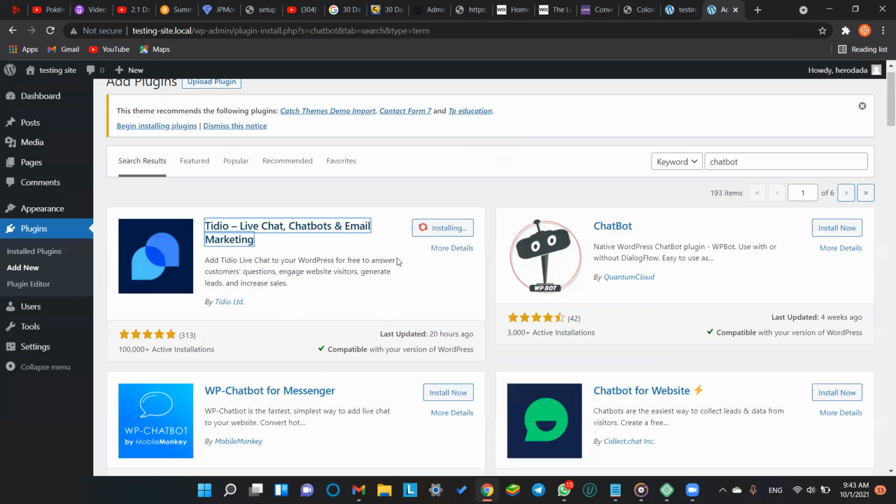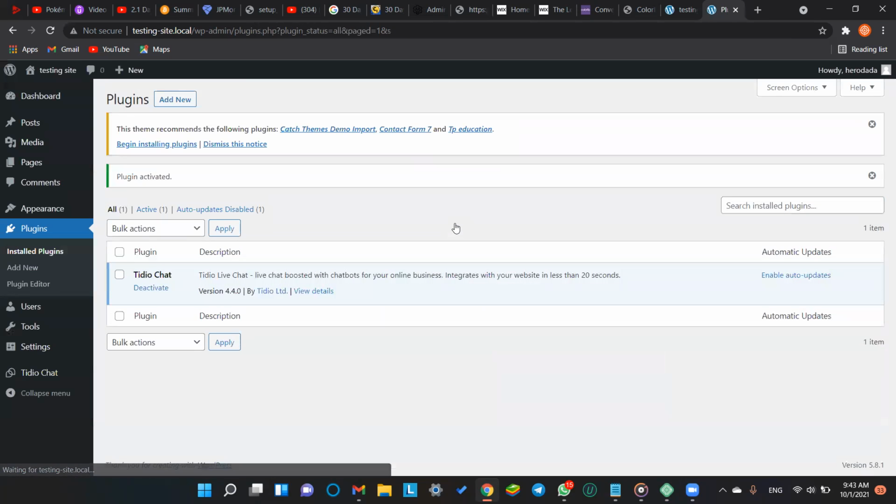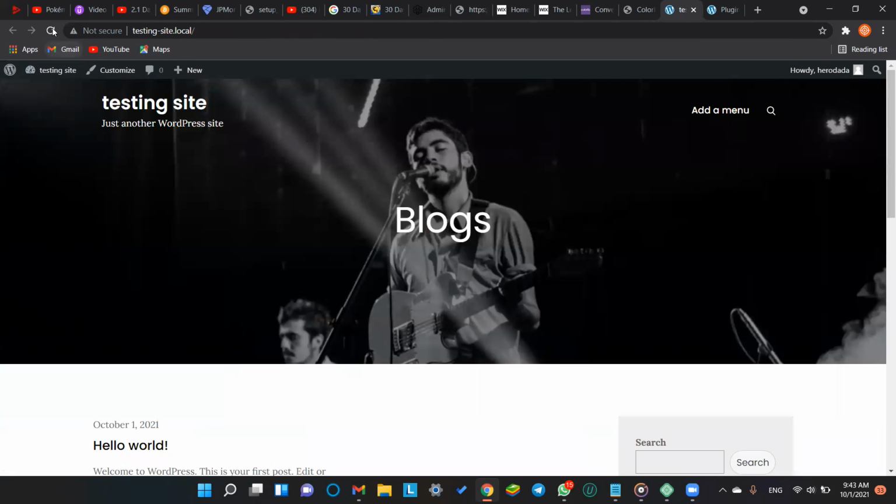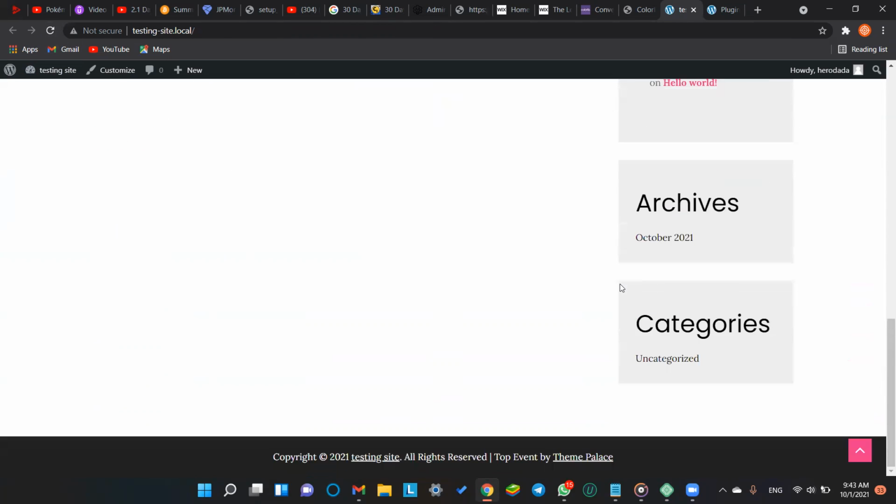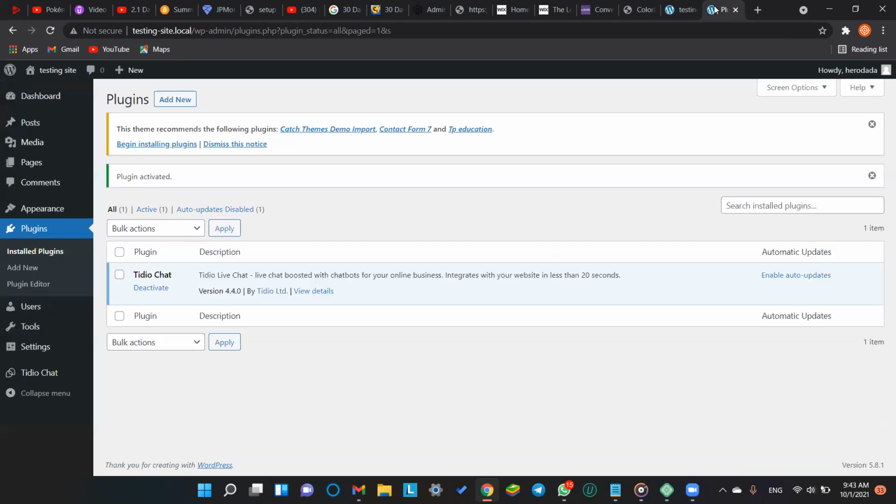Now let's just do it. There are many features of WordPress and it's all pretty simple. You don't need any coding knowledge. It's just drag and drop, and powerful websites can be made. Really heavy traffic can be handled through WordPress sites. Okay, that's that. We added the plugin then.